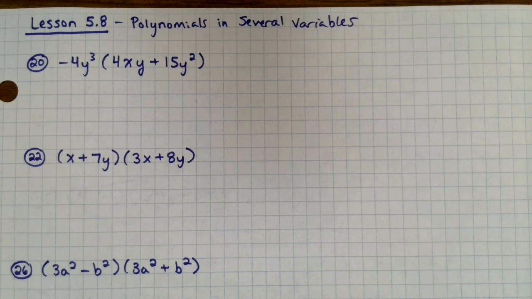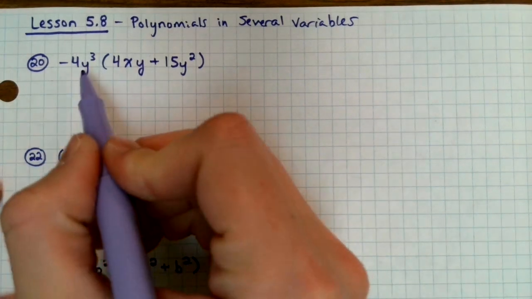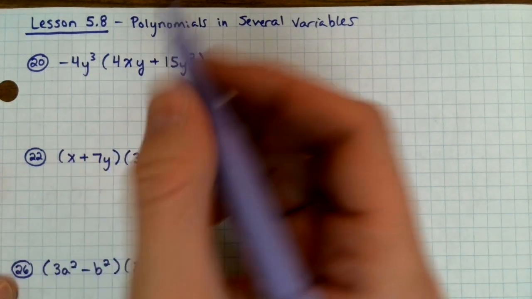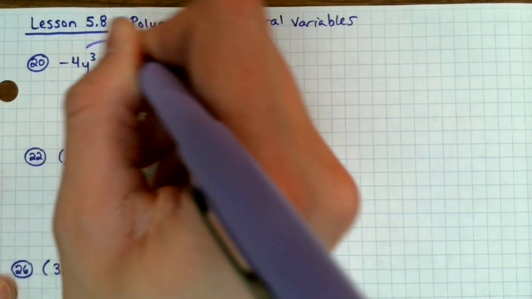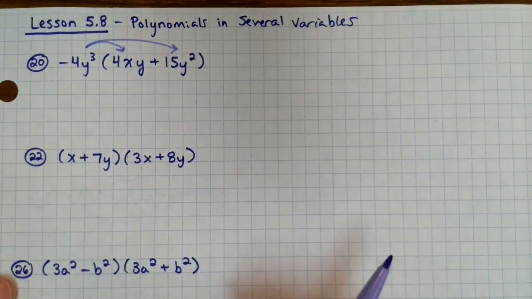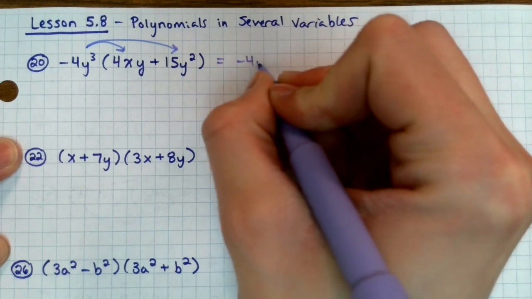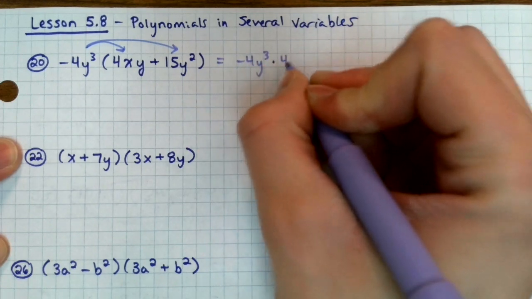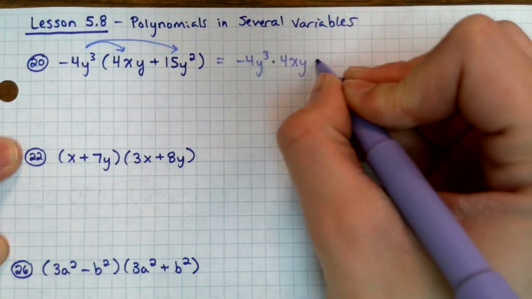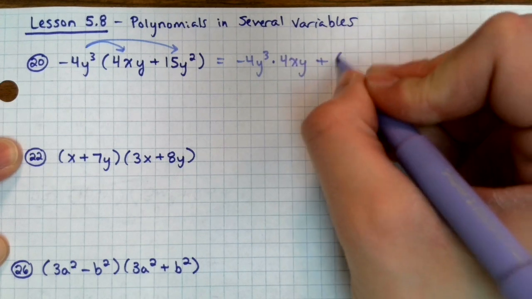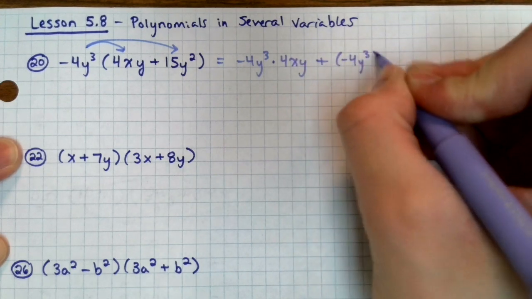With this problem, we're essentially just going to be doing the distributive property. We have this monomial on the outside of this binomial, so we're just going to take this negative 4y to the third power and multiply it to both terms inside the parentheses. So we're going to have negative 4y to the third times 4xy, and then I'm just going to write this as plus negative for now, plus negative 4y to the third times